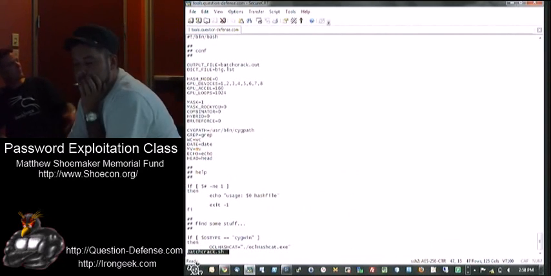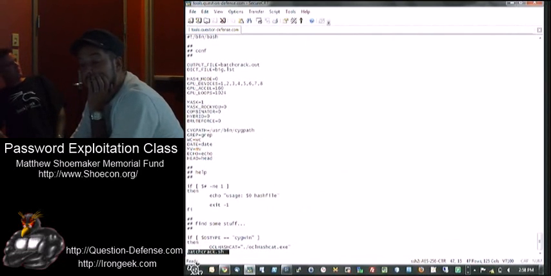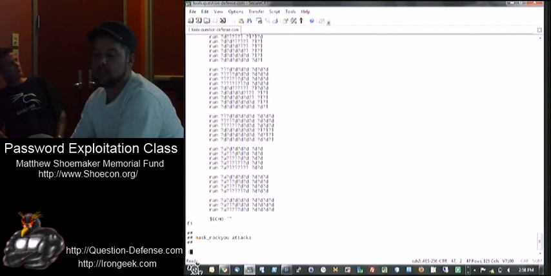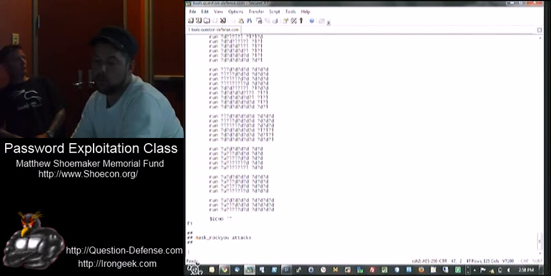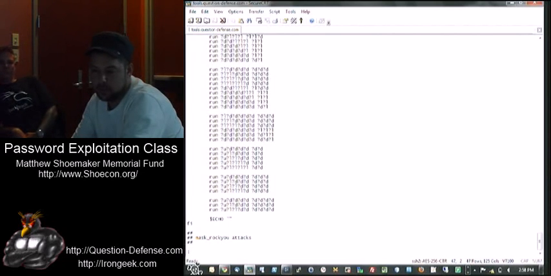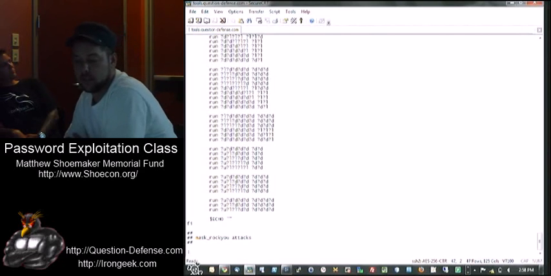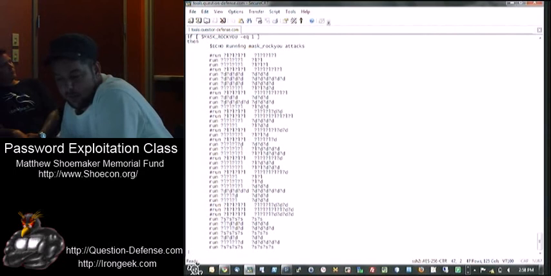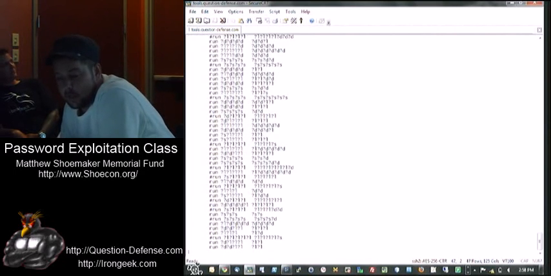So in the batch script, you can specify many types of attacks and have it go through a bunch of different patterns, which you'll see right here. Right here it's saying run a brute force with lowercase as the first character, digits as the next 4 or 7 characters, basically. And so you can see through this shell script that we've been working on, it adds a lot of different types of attacks.